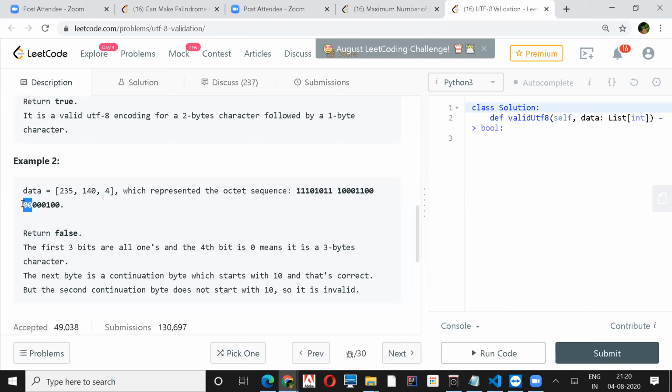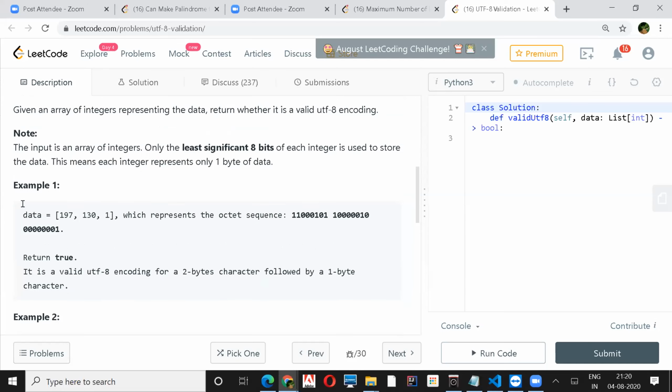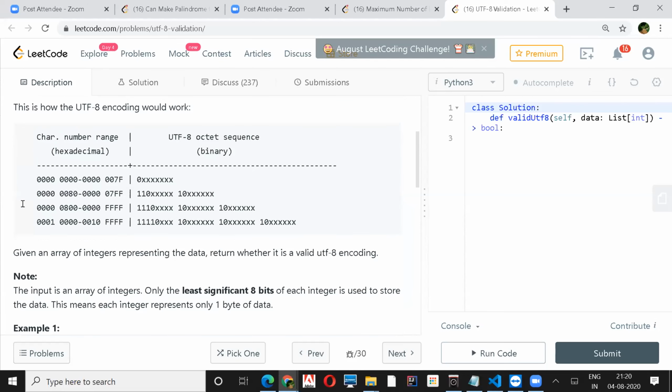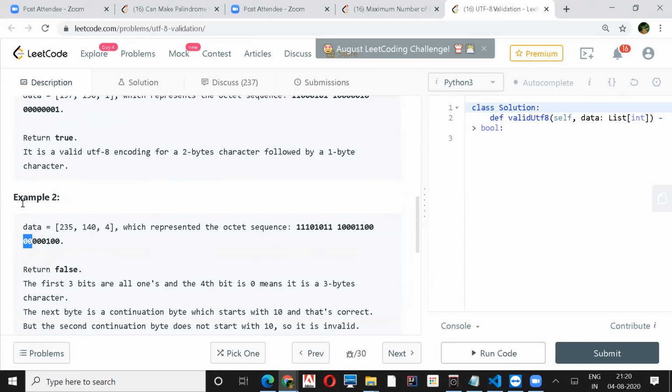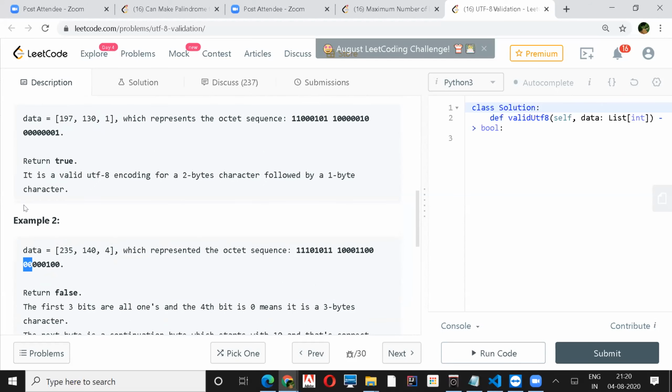Other than that, there is nothing. So you just have to find out how many following bytes there should be, and then verify that they all have the prefix 10.